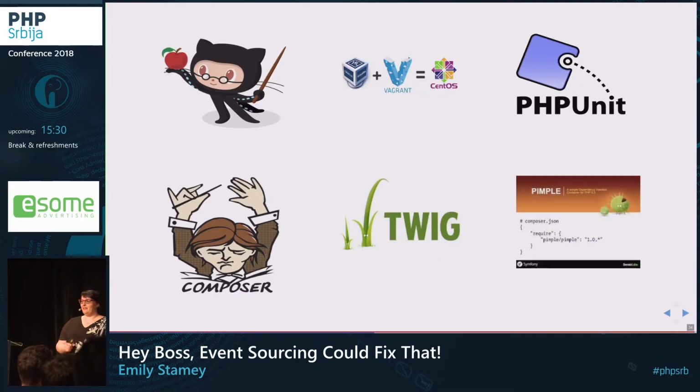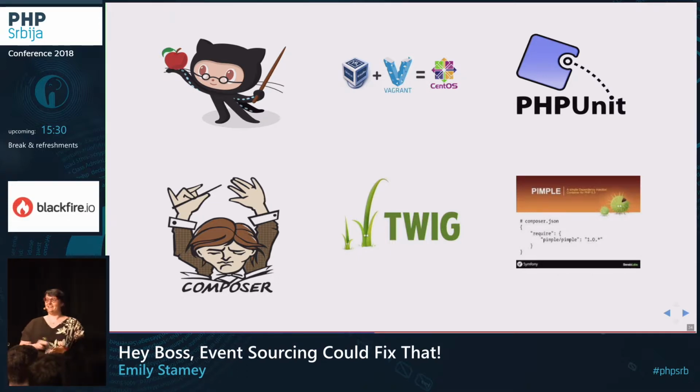And there was no version control. There was nothing that was testable. It was not using Composer. There were a lot of things we had to do before we even got started. So we finally talked them into giving us a little more time to do it the right way. We also discovered that there was a lot of functionality that they thought was working, and it wasn't. So it wasn't doing the thing they thought it was supposed to do, and that was a real problem.